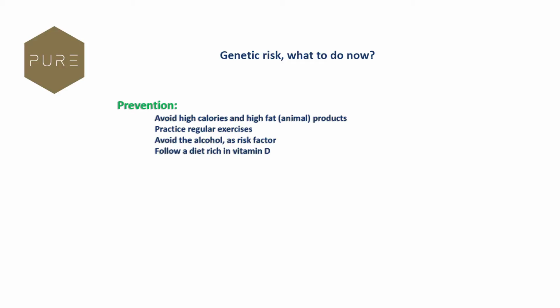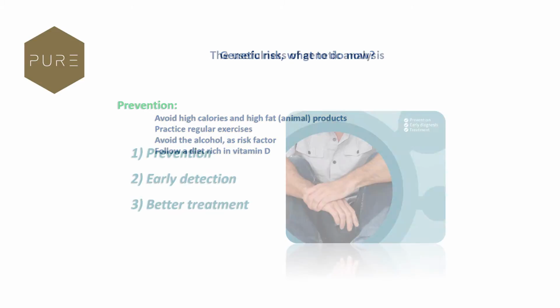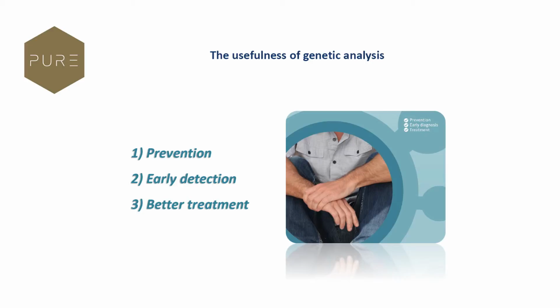Vitamin D can be produced, as I said, through sunlight on your skin, so do some outdoor activities, but vitamin D can also be taken in through the diet, especially in sea fish. It is quite common. So if you follow this preventive advice, and it's explained in much more detail than I've just shown here, then you can reduce other risk factors that would also increase your risk and thereby work against